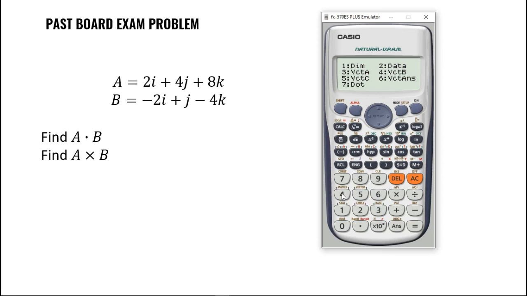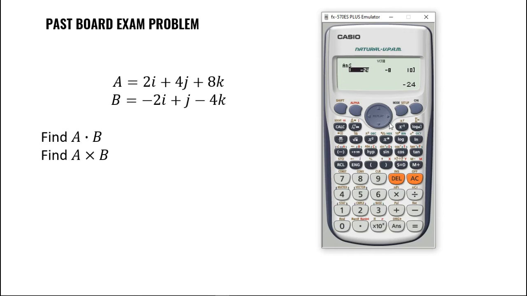So we have here 4. Equals lang natin guys. So pag dot product, of course, scalar yung kalalabasan natin. That is negative 32. Now, kung cross product, yung multiply lang dito. Okay guys, yung x. Yung times, I mean. So this is,